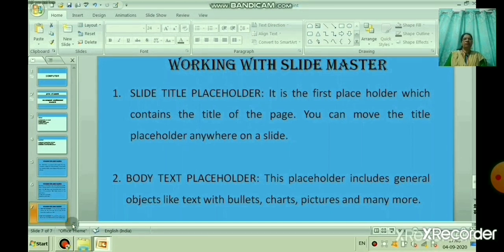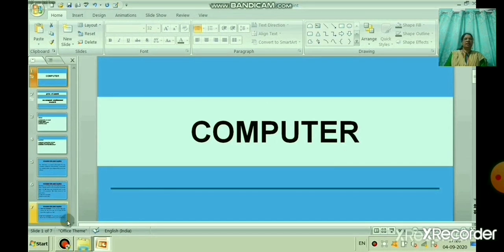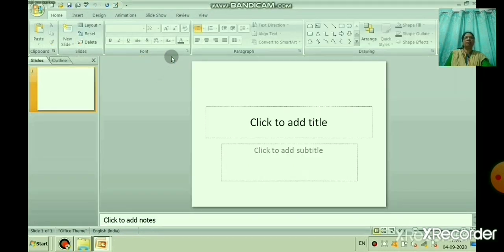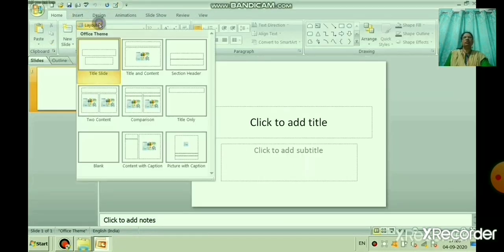And the body text placeholder includes general objects like text with bullets, charts, pictures. Now, let us learn how to create a Slide Master. Slide Master helps you to customize your PPT according to your choice.